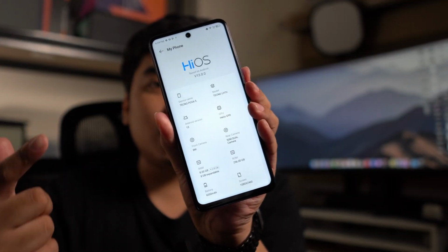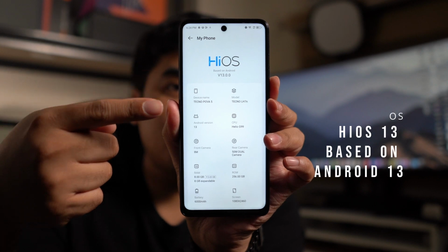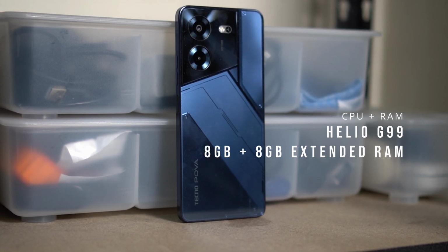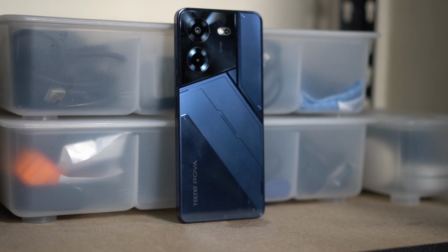Now let's talk about the software and performance of the TECNO Pova 5. So this one runs on HiOS 13 based on Android 13. And yes, it is an entry-level smartphone with a Helio G99 processor, which is again quite good, along with 8 gigs of RAM that can be expanded up to 16 gigs. But right now, I've only set up my virtual RAM up to 5 gig, which is already more than enough